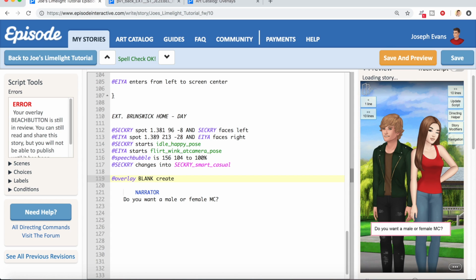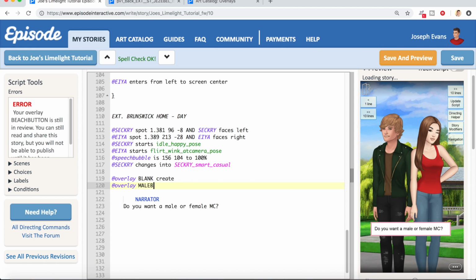But along with this tappable overlays release comes a really useful new feature, which is the ability to make identical copies of existing overlays. This is a huge time saver and will come in very handy here. In fact, I'm going to leave blank just sitting there in the bottom corner, and from it I'm going to create my 2 buttons. Okay, to make the first copy, all I need to do is write @overlay and then